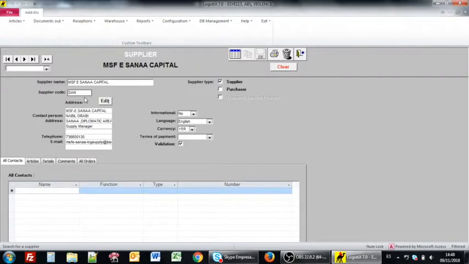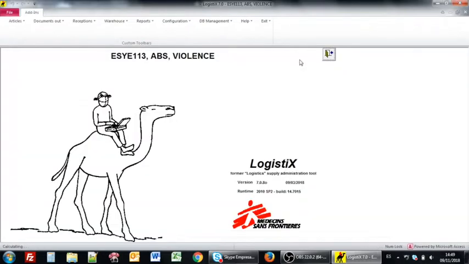Here we can see that Sana, as a supplier, has the supplier code SAN, the same code that we found in the capital database. Therefore, we can say that this configuration is correct as well. If it would not be, we would have to contact our supply team to agree on the correct code and align the databases. The fourth and last configuration that we have to do is to ensure that we are using